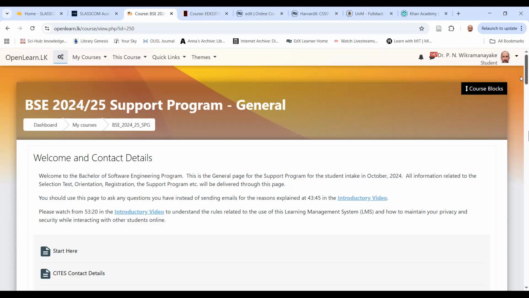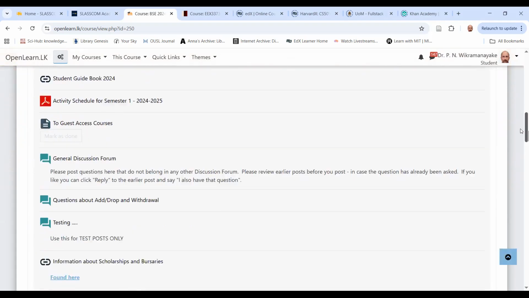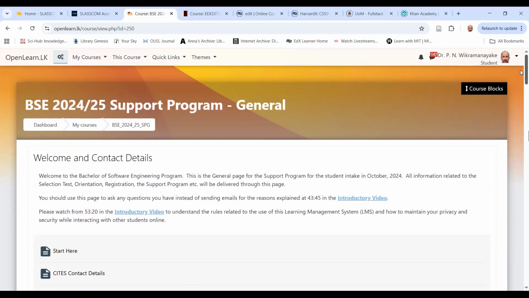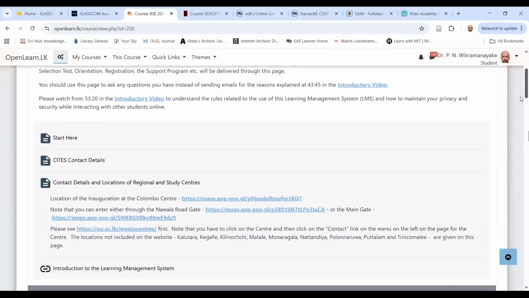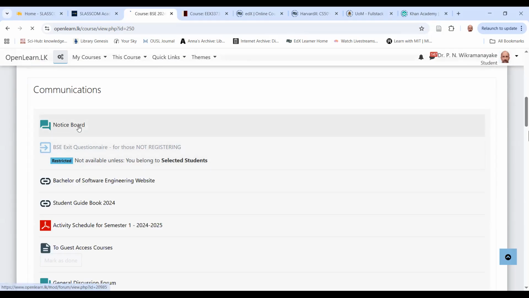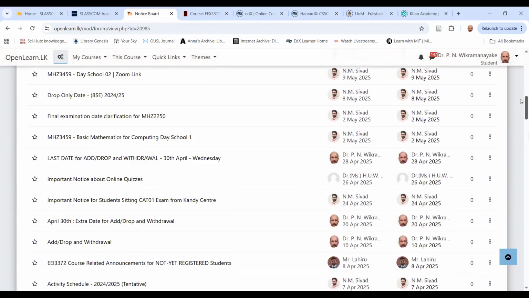And a learning management system is basically a web page, and it will look maybe quite a bit like Facebook or some of the other social media platforms that you are used to. On this web page, we have various sections, and we have sections with information. For example, it's important for you to know where your regional centers are. So we give you all that information. This is a link to a video which introduces you to a learning management system. We have a notice board where we, the teachers, will be giving you announcements like we have been doing here.